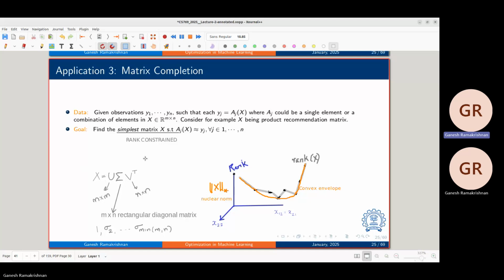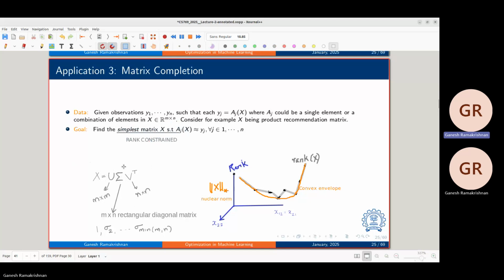I'm trying to come up with some representation, the small rank decomposition possible. One way we can do that is, as I said, decompose X to be U V